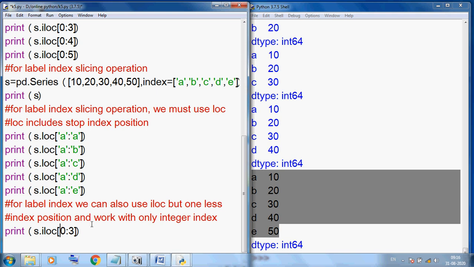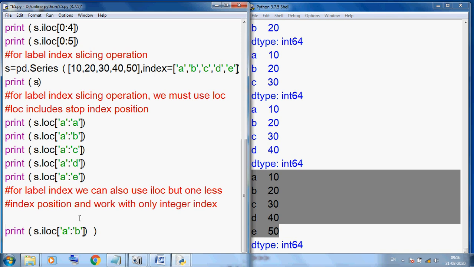So we cannot write in this style A colon, suppose B. We cannot write in this manner, because it will generate an error. Because iloc always works with numerical index, integer location. So it will generate an error.